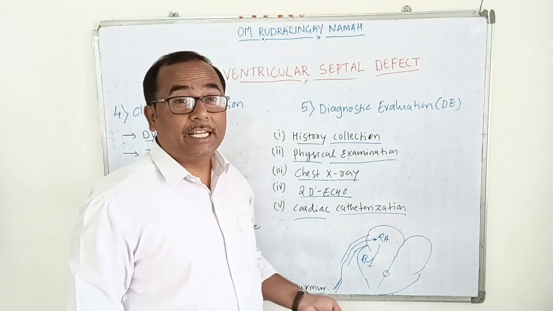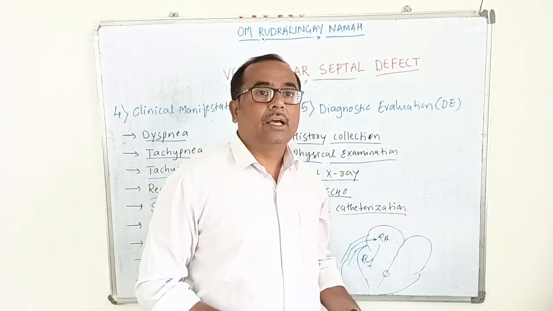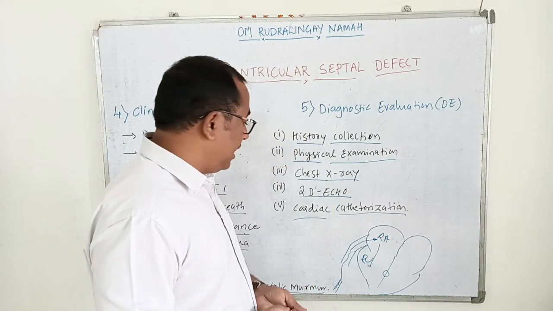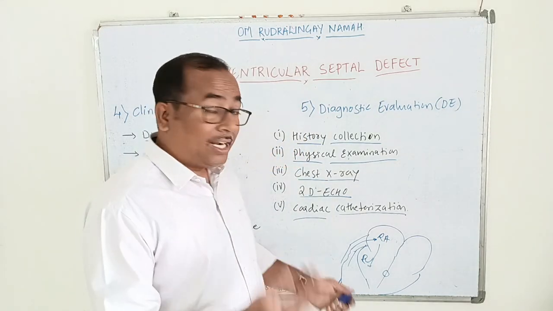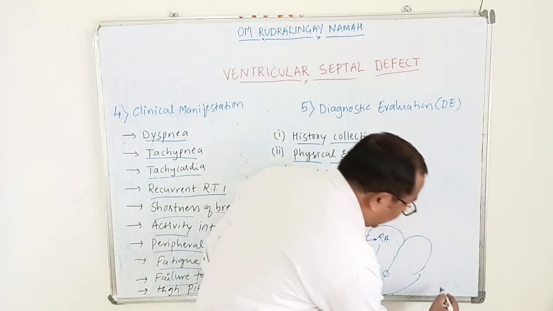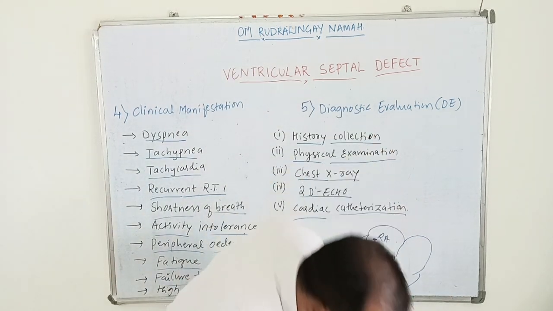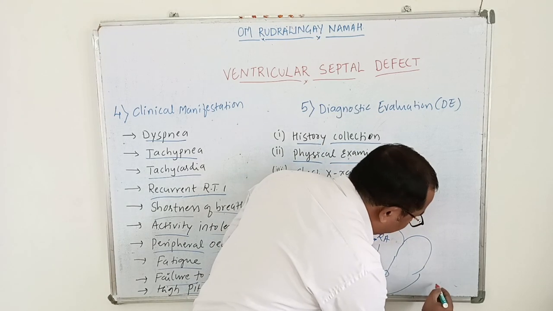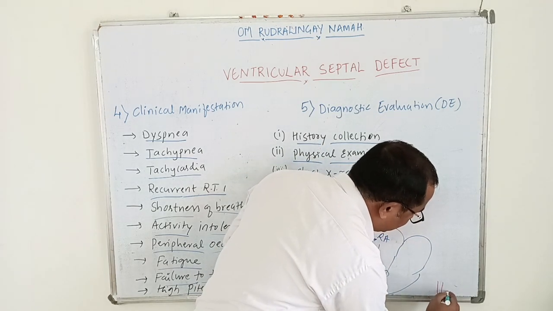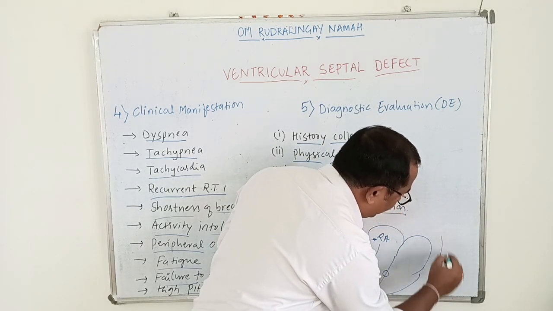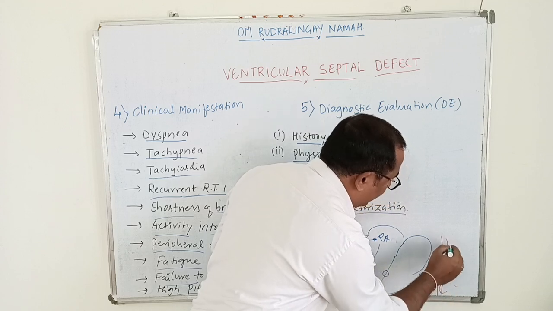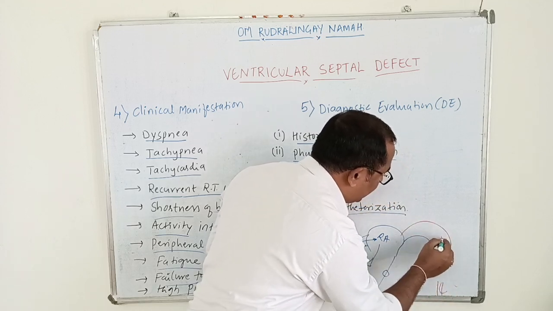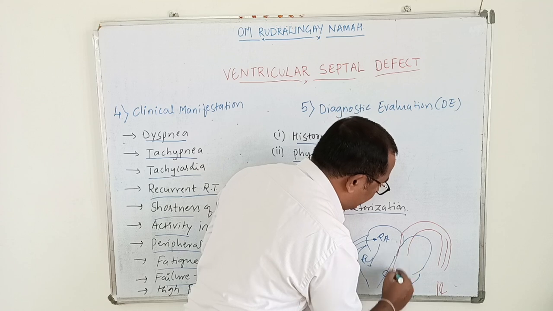It is because of shunting of blood from the left ventricle to the right ventricle. We can also do left-sided heart catheterization, where the catheter is inserted from the femoral artery to the aorta, and then the catheter is inserted into the